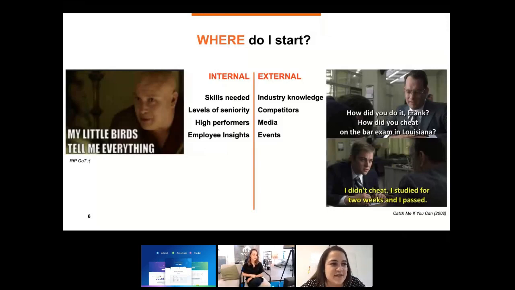And then, of course, events. So again, from a media and news perspective, what meetups are happening? Attend these meetups. Look at events or conferences where you are continuously learning from other people, like SourceCon, for example, which just happened in Amsterdam. What are other people doing to accomplish this?